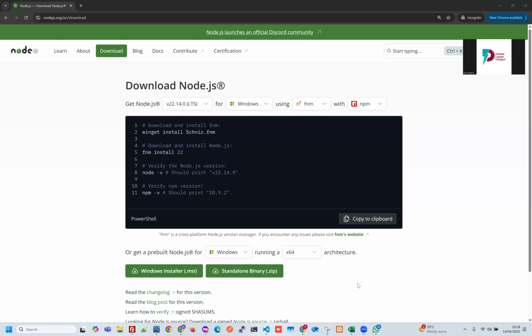Contrary to popular belief, Node.js is not a programming language. Node.js is not a framework. Rather, Node.js is a runtime environment. So if you said a runtime environment, you are very correct. What Node.js enables you to do is simply run JavaScript code away from a browser,